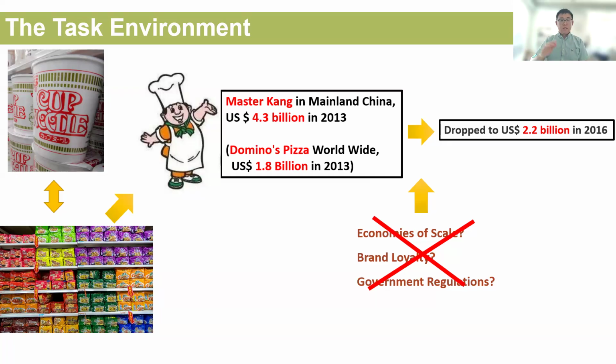Cut in the middle in 3 years. Why did they have a sales drop? If you learn from our textbook, you may think it's about a new brand breaking the brand loyalties. Or it's about government regulation; maybe the local government doesn't encourage everybody to eat cup noodles. Or how about the economic situation? Maybe people get poor and don't have money to buy cup noodles. No. Oh no, right? The real reason is